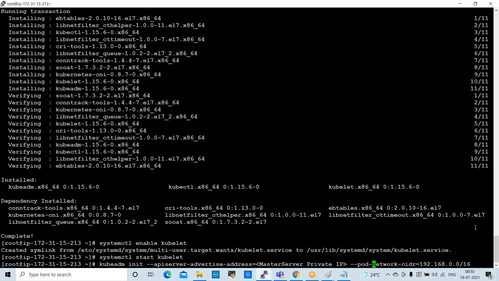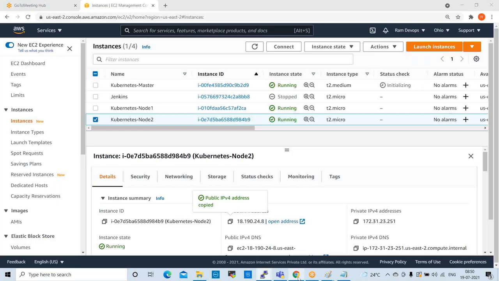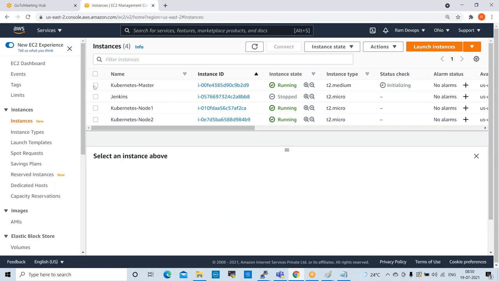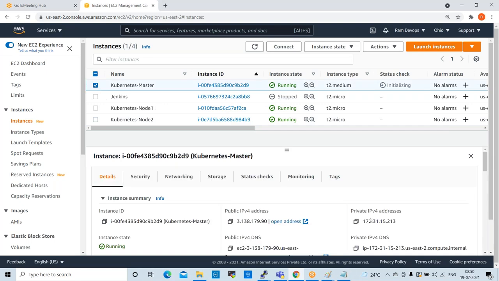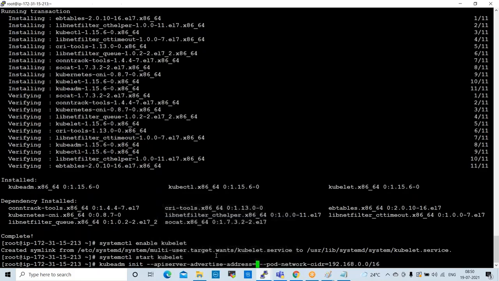Remove just the private IP only. Master server private IP. So take the master private IP. So this is the private IP, right? So copy this, paste here. Okay, enter.